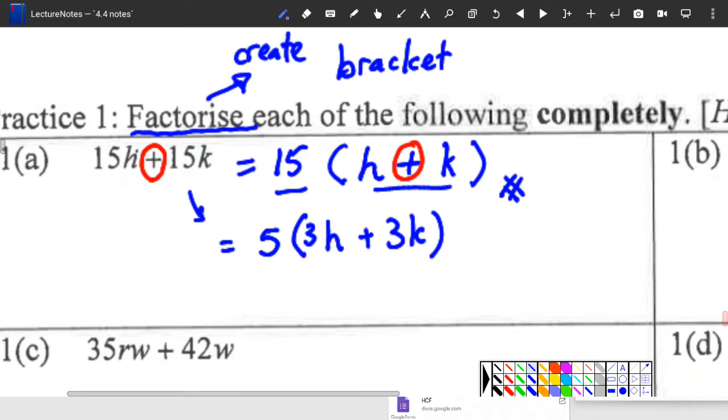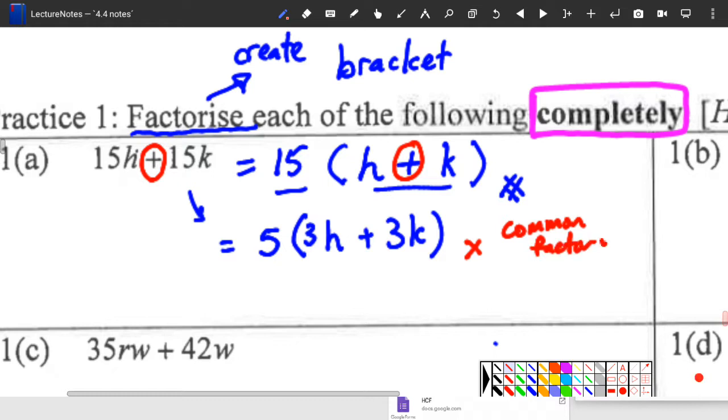Is this factorized? Yes, because 15 is 5 times 3, right? So I take out 5. So I try 5 times 3, does it equal 15? Yes. 5 times 3 equals 15K? Yes again. But is this correct? No. The reason is because of the word completely. So can you underline this word? Completely. And can you mark this wrong because you write down there is a common